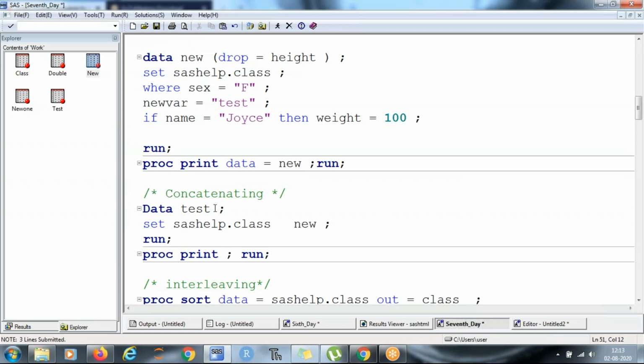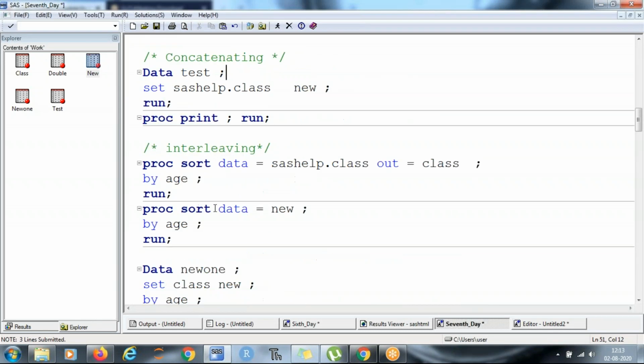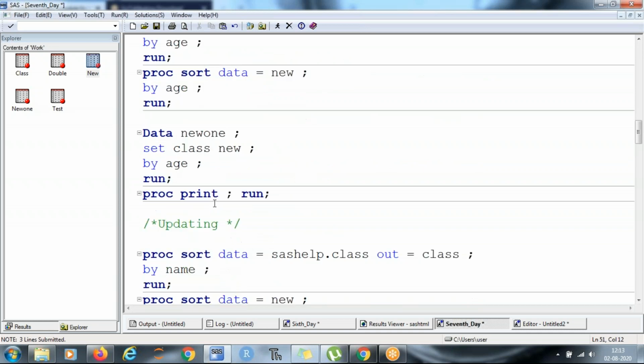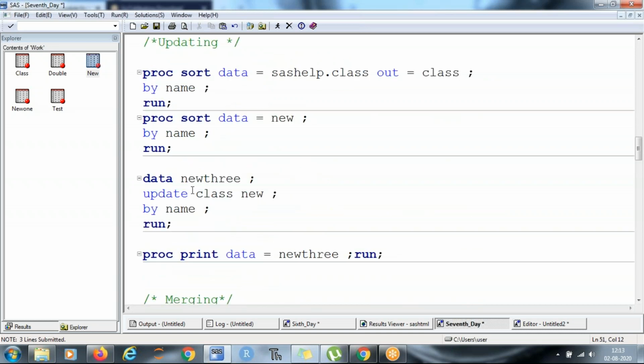Now I want to use the update command to update my class data with the new data.